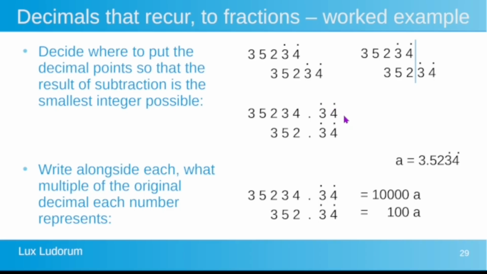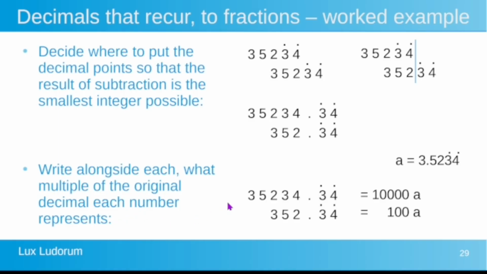And the only reason I've done that is because if I'd left this as it was, 3, 5, 2, 3, 4 decimal point and nothing here, it would just look a bit strange to have a decimal point not followed by anything. Once we've got to here, we write alongside each of these numbers what multiple of the original decimal